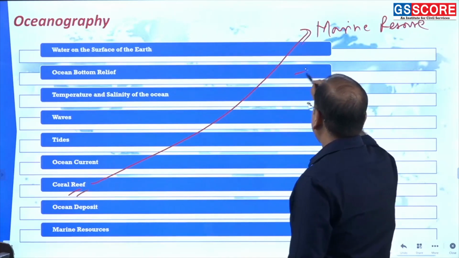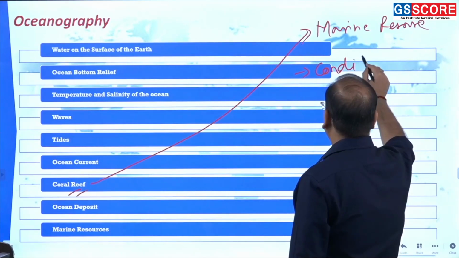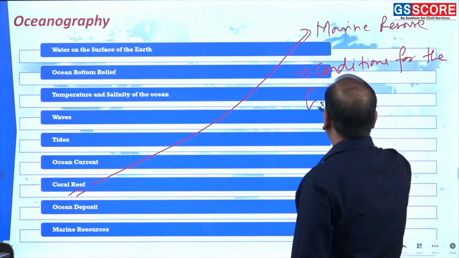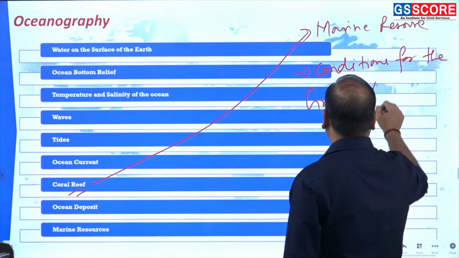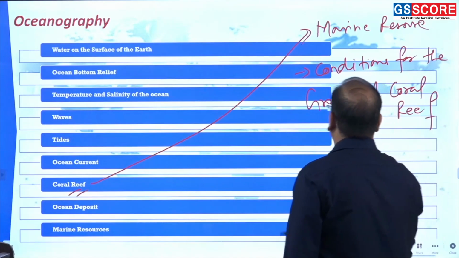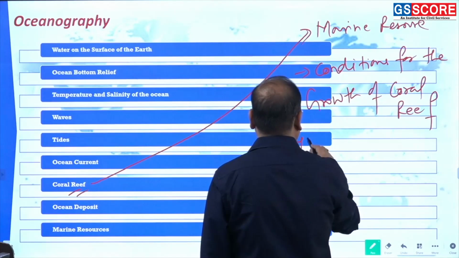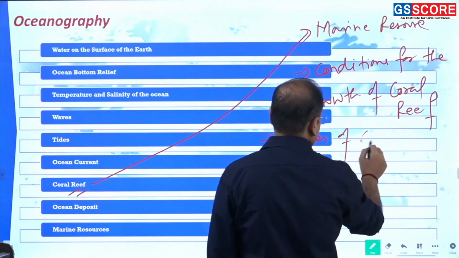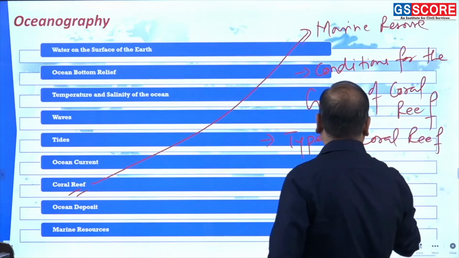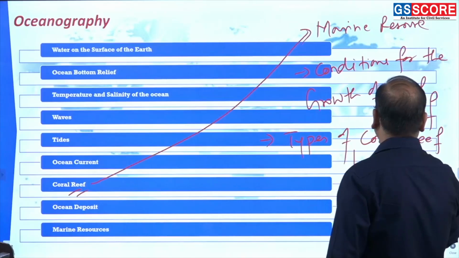Conditions for the growth of coral reef. Then types of coral reef. Within the types we have the fringing reef,